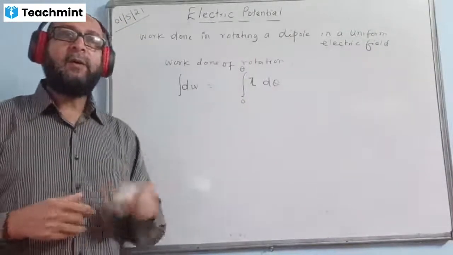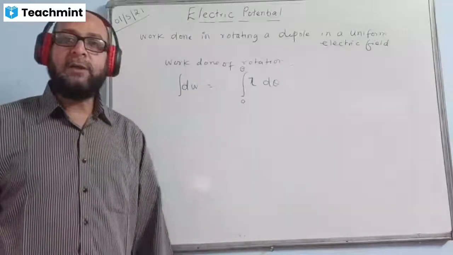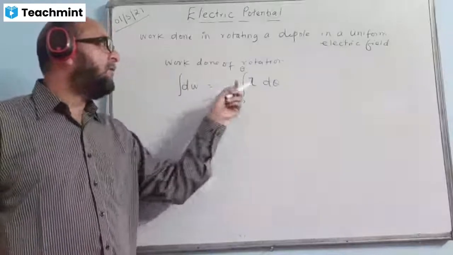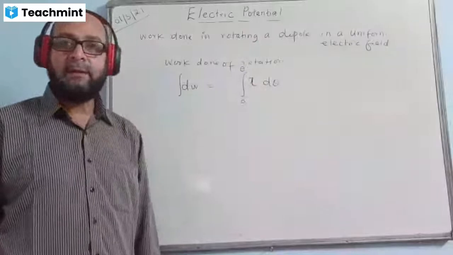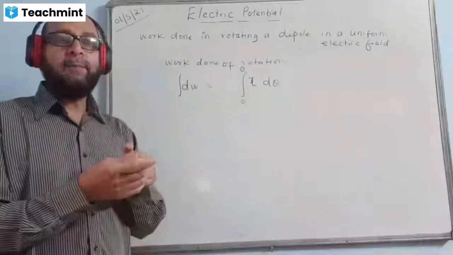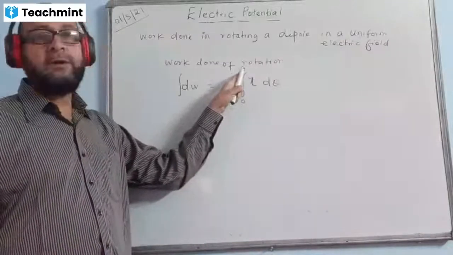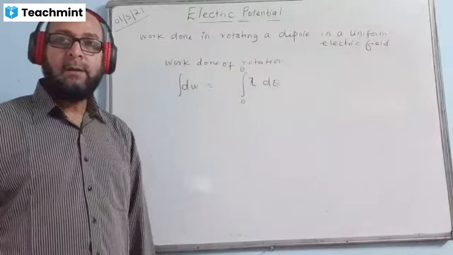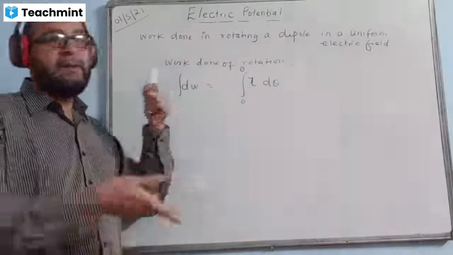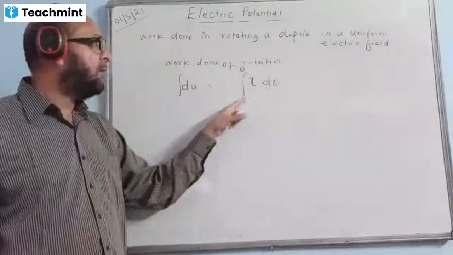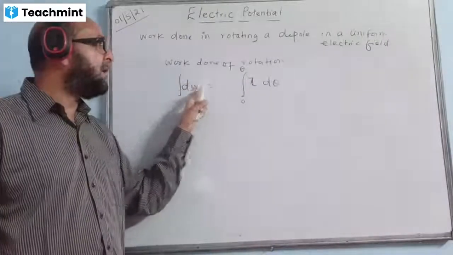In Class 11, we had the formula of work done of rotation that used to come in the chapter on rotational kinetic energy. Work done formula: torque is the rotational force, into the angular displacement theta. We are rotating the dipole from the equilibrium position, that means from 0 degree position to any position whose angle is theta. So how much is the value of work done? We are calculating that. Since the work done is variable, it keeps varying with respect to the position of the dipole. That's why we write dW and d theta.